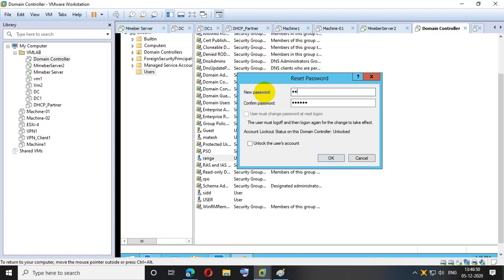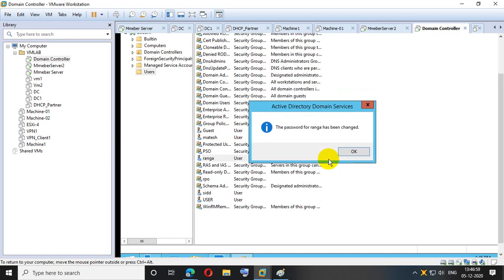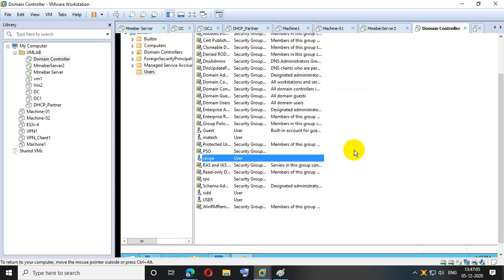Just 2 characters. How come it is possible? Just because Ranga is part of the PSO group. Now whatever custom settings you need, you can create through this PSO object, either for a service account or a VIP account, whatever you need.